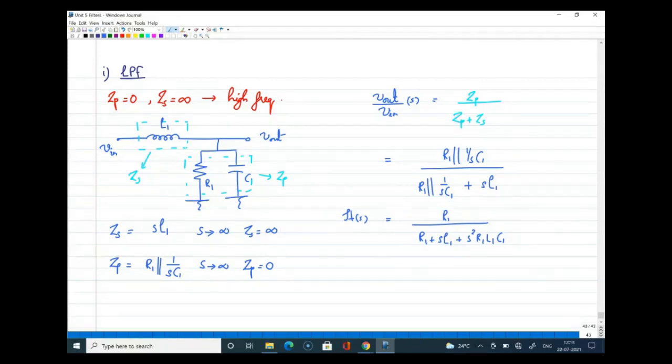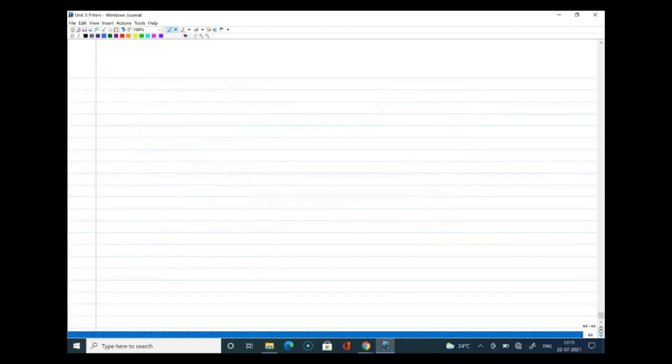All right. Now, can you tell me what small change I can make on this circuit so that you will get a high pass filter response? Exchange inductor and capacitor for high pass. Yes, Akash, that is right. So that is one simple thing you can do.